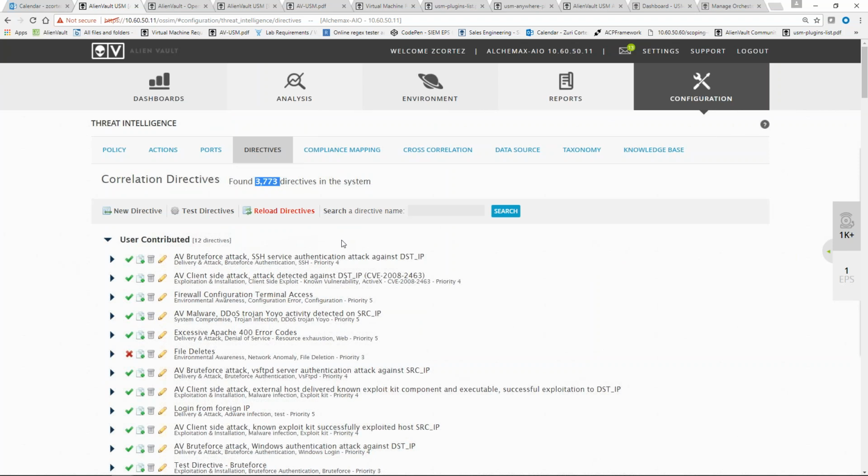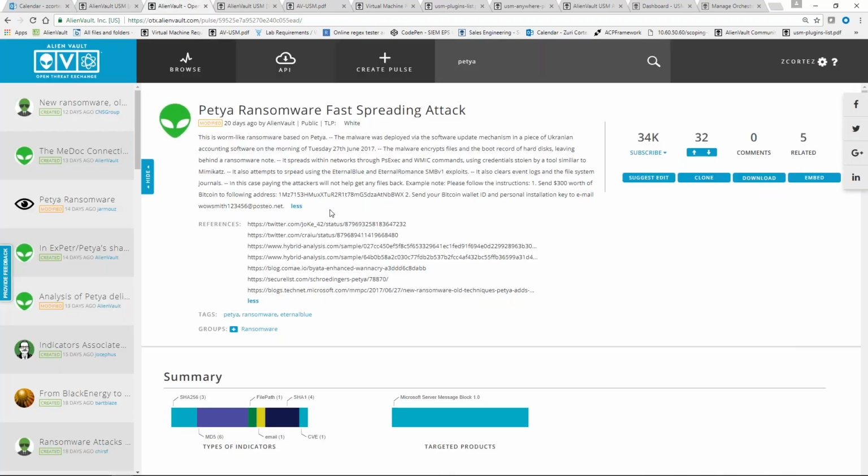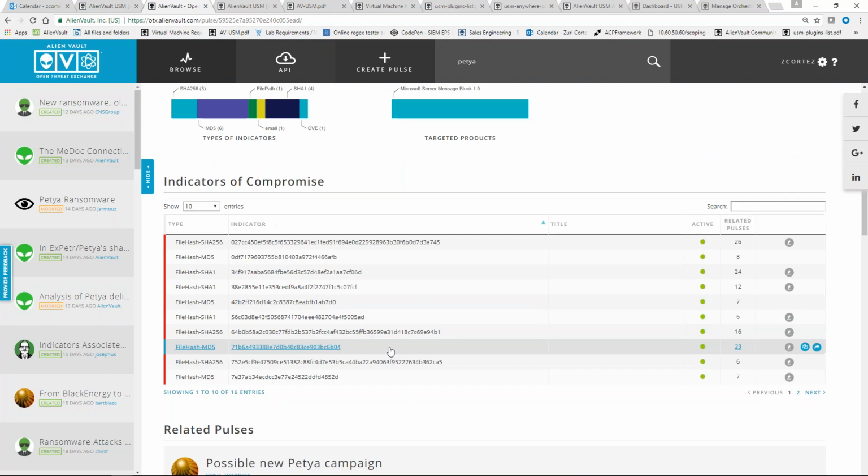Now, the other side of that is our Open Threat Exchange. I think there are three cool things about the Open Threat Exchange, like EJ mentioned. One, what we do is deliver pulses. A pulse is essentially what you're looking at here. It's talking about a specific threat, in this case the Petya-based ransomware attack, with high-level information and references pertaining to it, so some great reading. But more importantly, we're able to target indicators of compromise, things like file hashes, domains, IPs, URLs, host names. Taking those into account, we're pushing this information every half hour into your platform